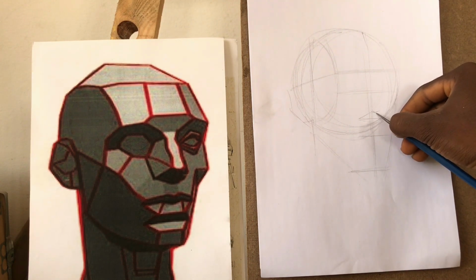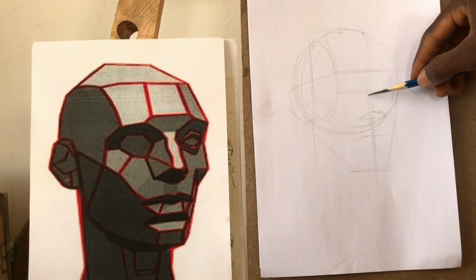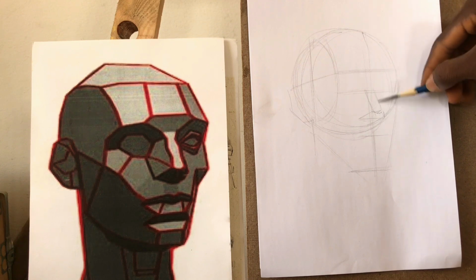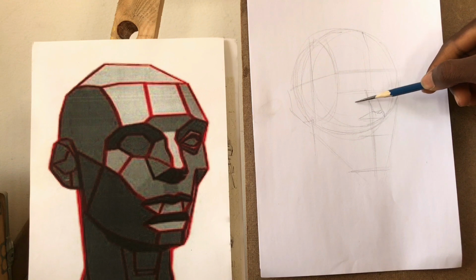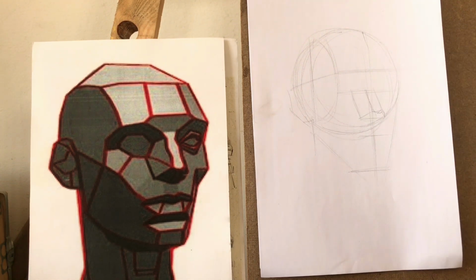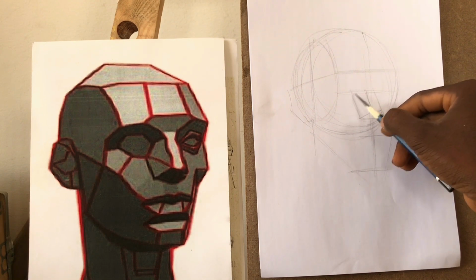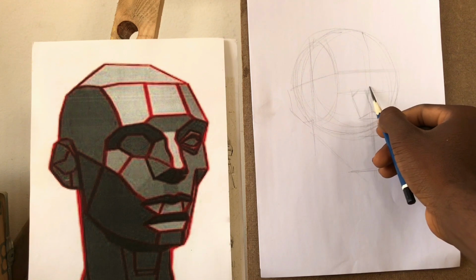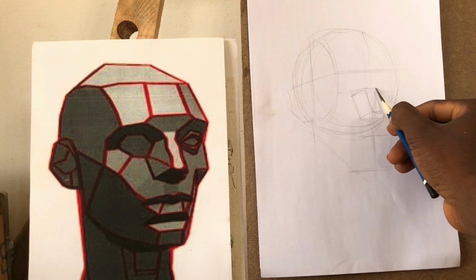General shape of the nose, which is this, runs like this, and like this. We also have this. So we are here now. This goes in and comes like this. Most times it joins,